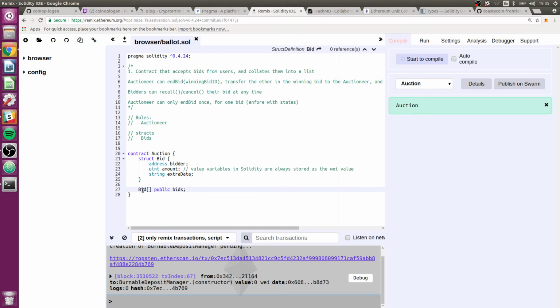So what we're doing here is we're just saying that there's going to be an array of bids, and when you declare it like this, that makes it dynamic, so we can add as many as we want onto this list here. Public means that anybody can. Really, what this means is that it'll automatically generate a getter. So if I compile this